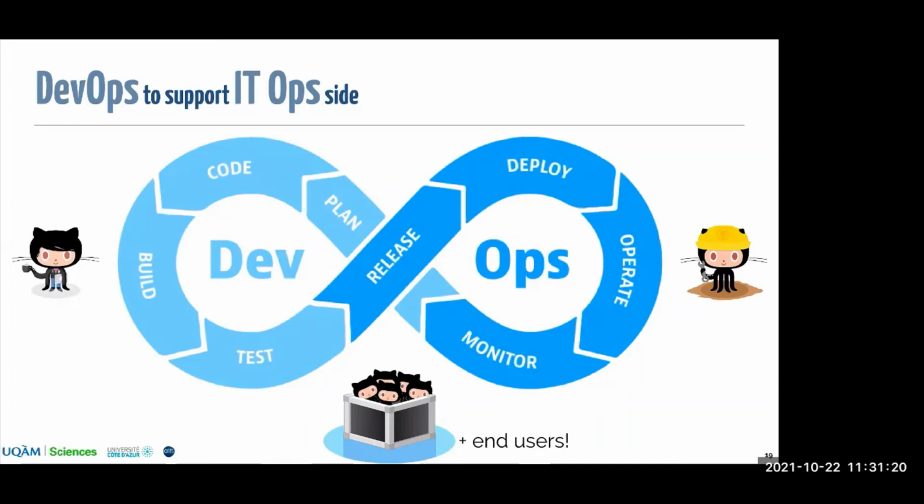To do this, what we're trying to do right now in the software community is to push things like the DevOps paradigm, which is about creating this kind of infinite loop between developers of the application and operations, like system administrators who are operating the software. And by bridging the gap between those two, you start by building the code, of course, and then it goes through testing, it goes through releasing, it goes to deployment,